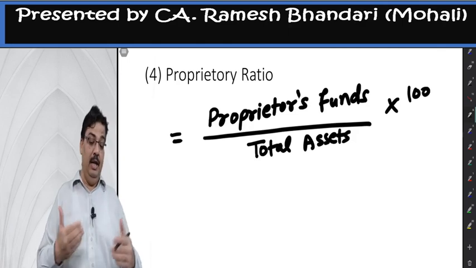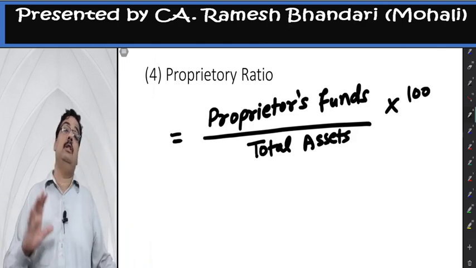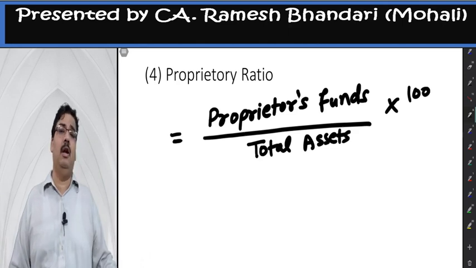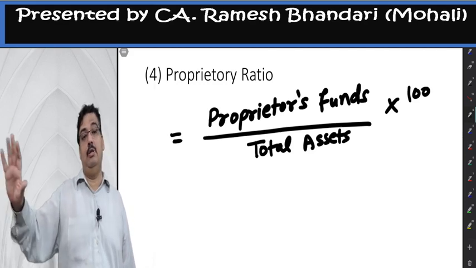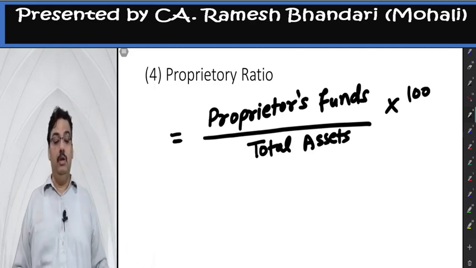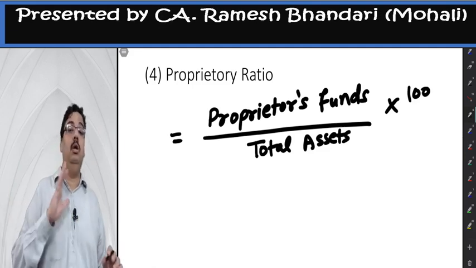It is just explaining to you the financing of your assets. Obviously, it does not matter. The proprietor comes and says this much is mine, I will take. The debt holder says no, it is not going to happen. It's just a ratio which is telling the proprietor's stake in the total assets.